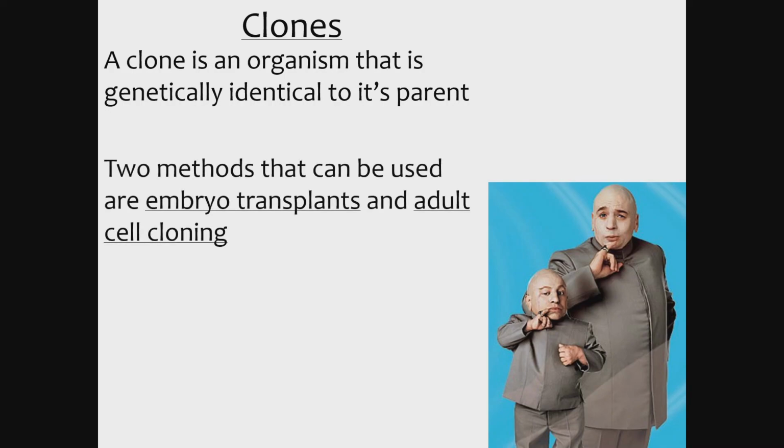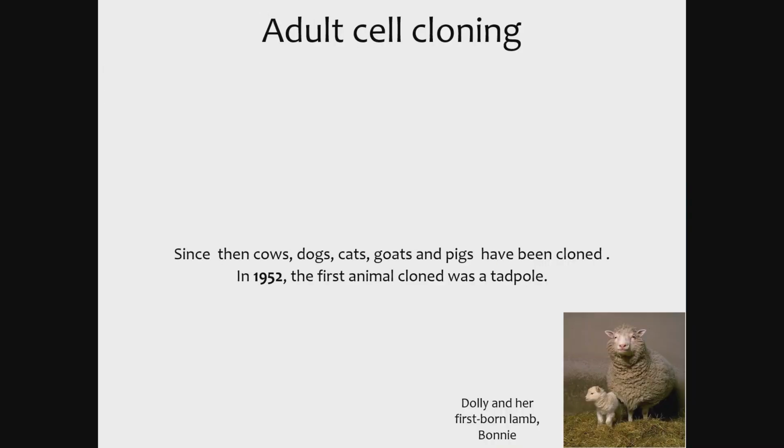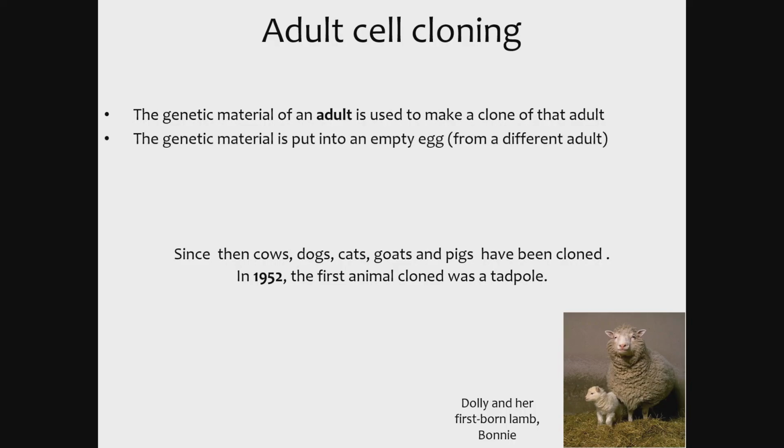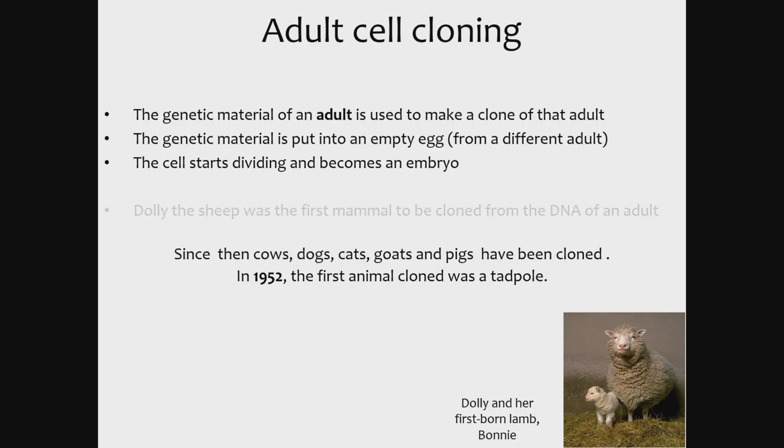Okay. So we have two main methods to clone. We can do an embryo transplant and adult cell cloning. We will see this adult cell cloning. That was what happened with Dolly. She was the first mammal to be cloned, and they took the genetic material from the mom, it was breast tissue, and put it in the egg of a different adult, the donor adult, and the cells started dividing and became an embryo, and then this was implanted again in